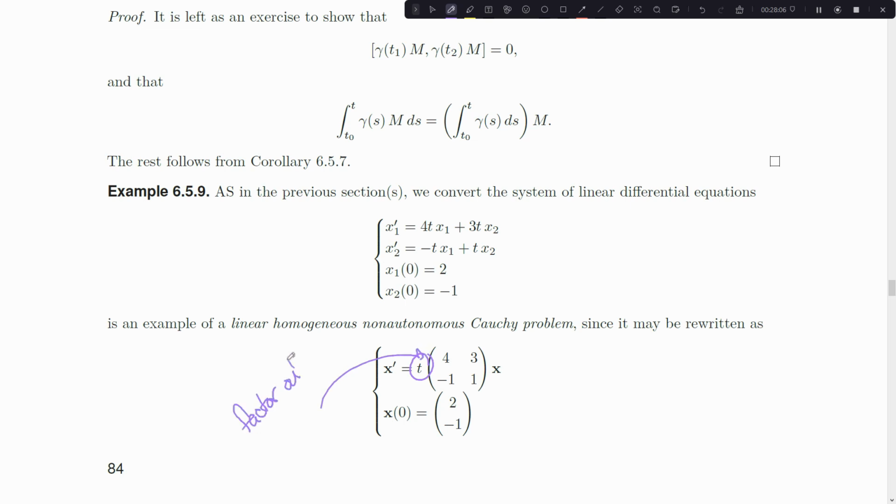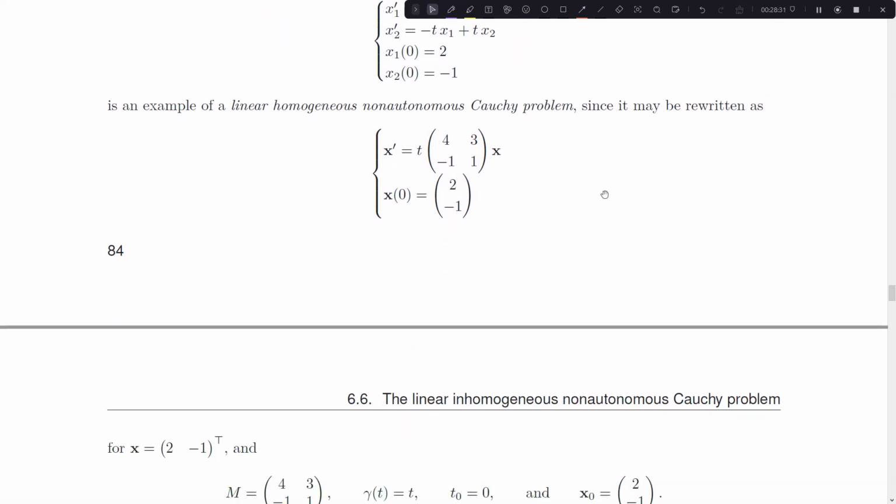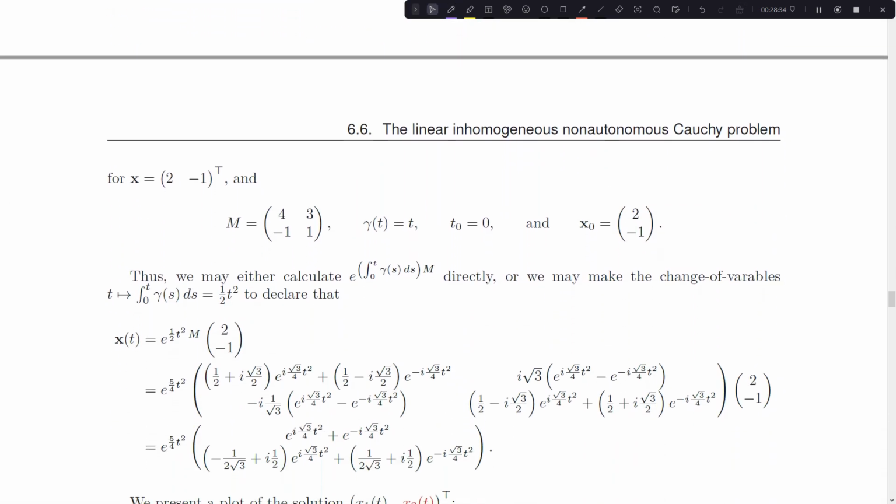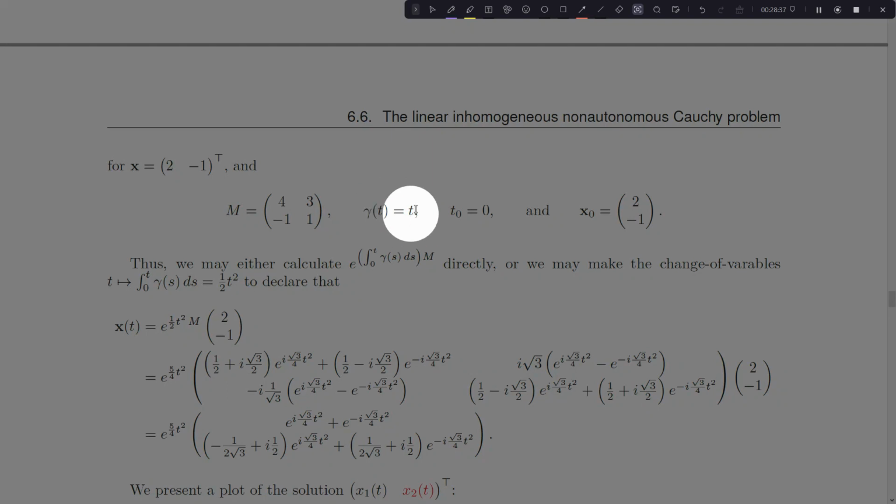Factor out t, then the matrix which depended on time is now equal to this gamma, which depends on time, times a matrix which doesn't depend on time, in this case, for gamma equal to t. Thankfully in this case we can apply the above corollary, which made my life a lot easier for these non-autonomous systems. And in doing so, I'm just going to integrate gamma in my matrix exponential to get